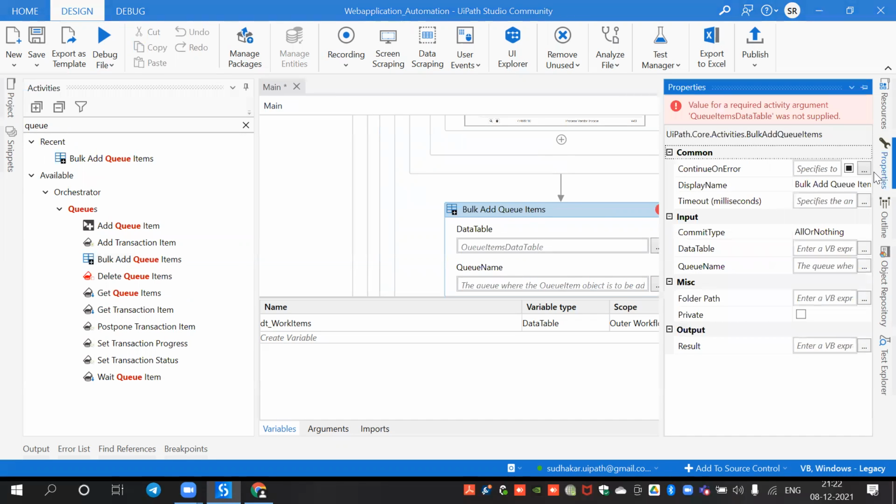Upload data into the queue. So commit type, all or nothing. That means whether you want to upload all the